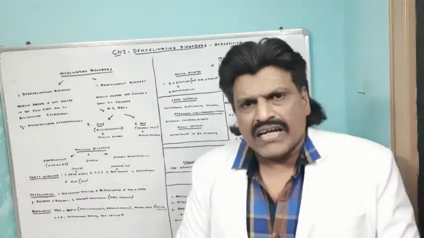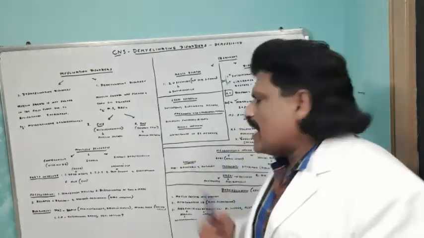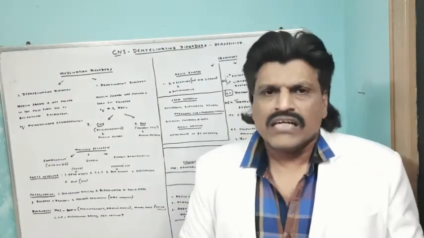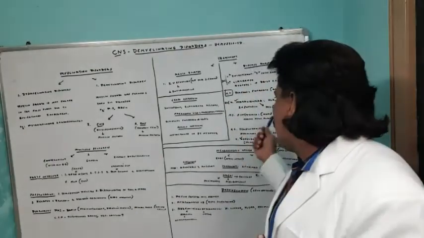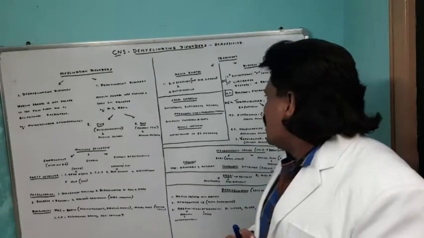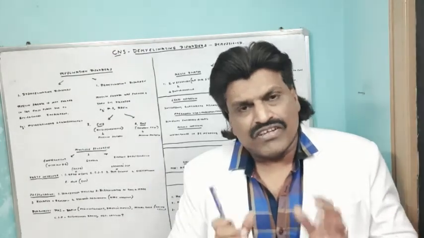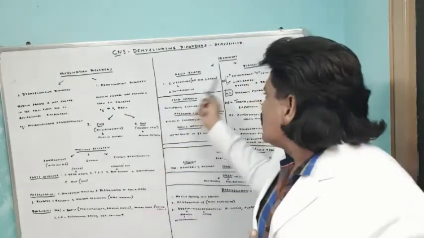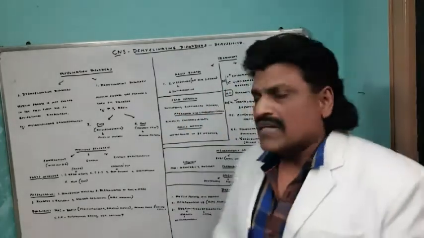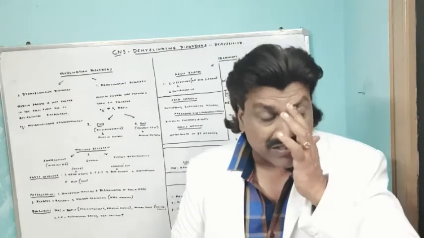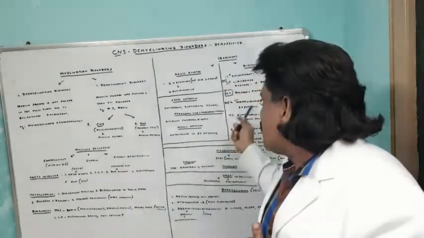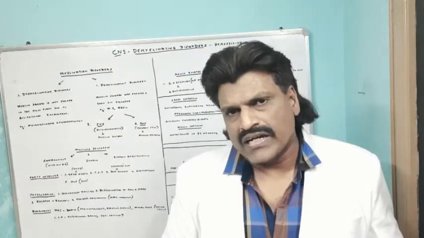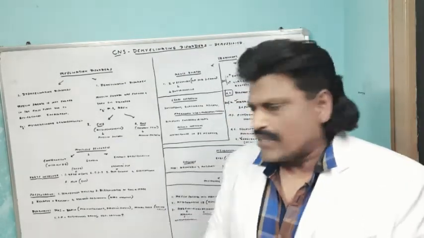But the problem with natalizumab is that though it is very effective, it can cause progressive multifocal leukoencephalopathy in persons who are JC virus positive. But then it is very effective. 80% of the time it can control the disease, whereas the interferons and glatiramer can only do so at a rate of 30%. Here it is about 80%, but if the person is JC virus positive, there is a chance of developing progressive multifocal leukoencephalopathy.